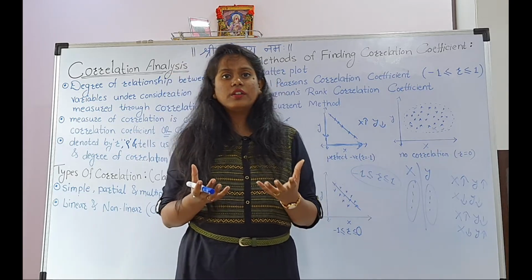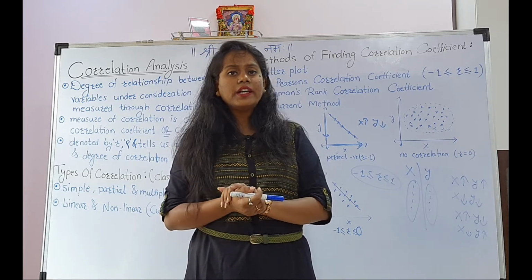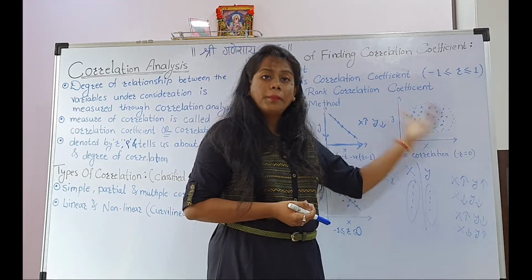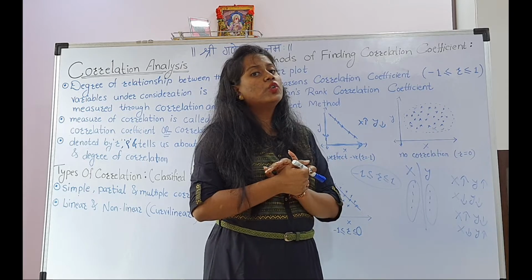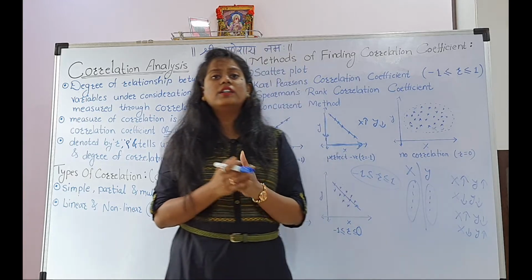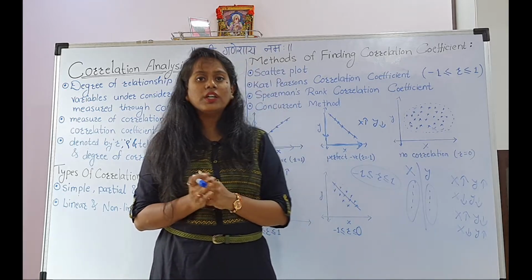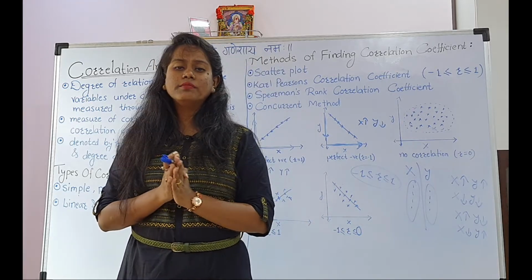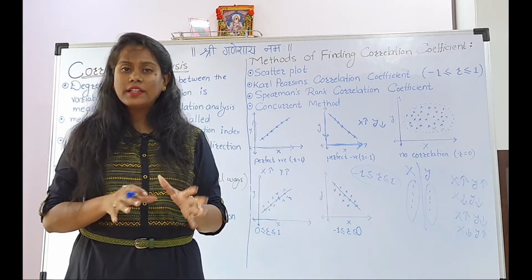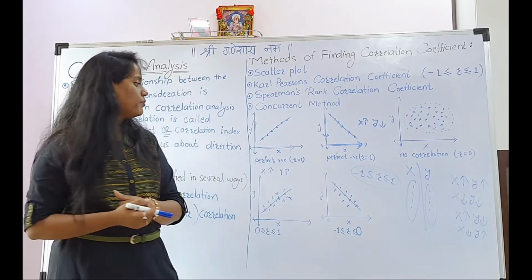Now, if the two variables are not related, if they are completely uncorrelated, then we will get a scatter diagram like this. All the points, all the pairs will be scattered. There will be no direction in the graph. Whenever we get no correlation, the value of r will be exactly equal to 0. But practically, values of r like +1, -1 and 0 we rarely get. It always lies between -1 and +1, the middle values we get.